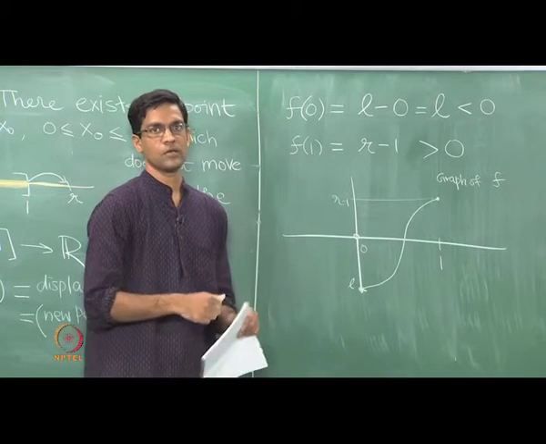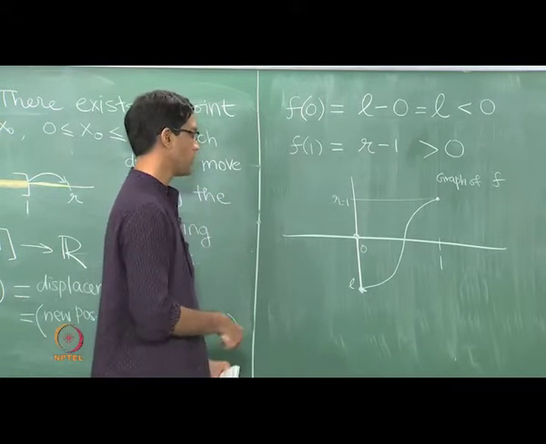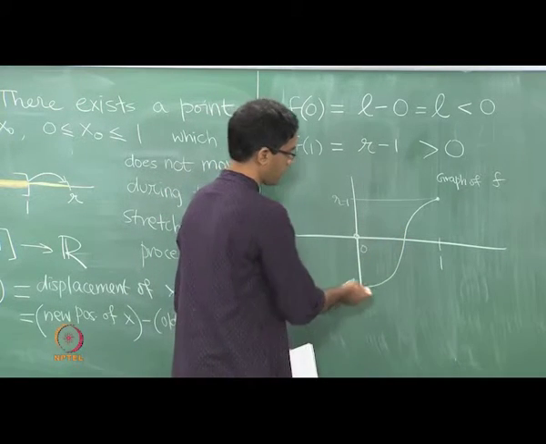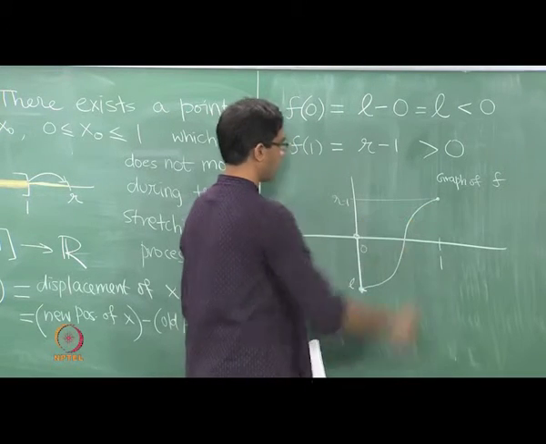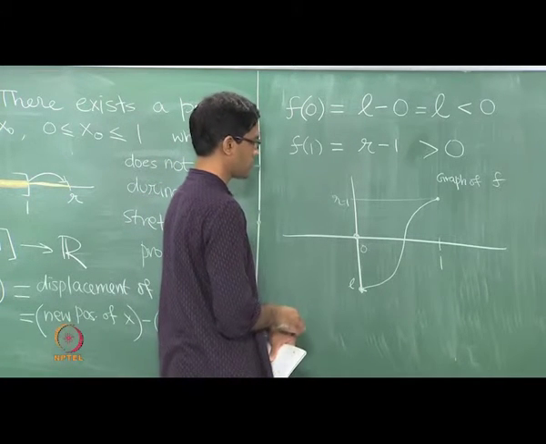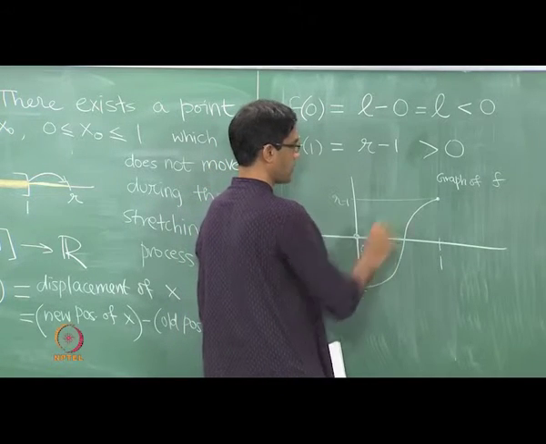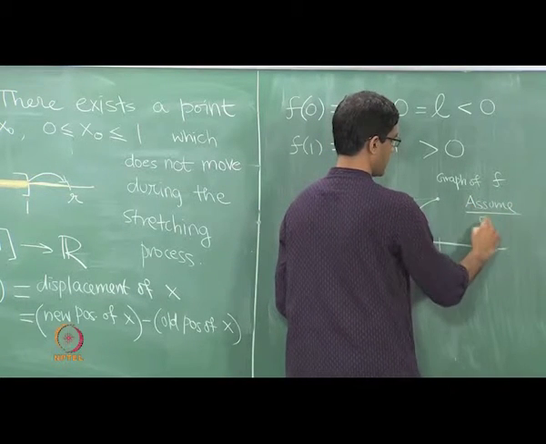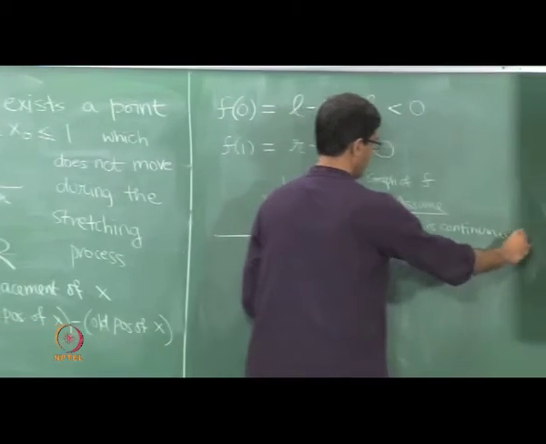I might have stretched the left half of the rubber band a little more than the right half and so on and so forth. So depending on what exactly was done to the rubber band, the shape of this graph would change. Instead of going up like this, it might have gone a lot more up initially and down later. But again, I do not really care, as it is independent of how the stretch was performed. The key property is the following: the only thing we need is that the stretch is continuous. So we are going to assume, and it is a reasonable assumption to make, that f is continuous. It just says that you deform it in a continuous fashion.